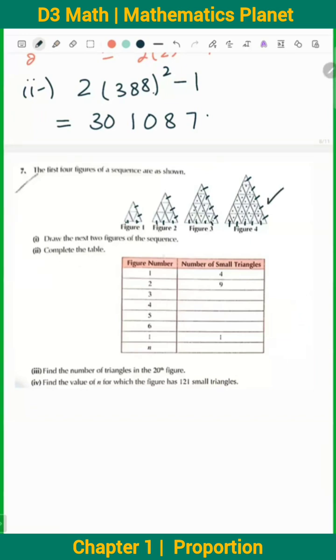Complete the table. For the first figure, the number of small triangles is 4. For the second figure, the number of triangles is 9. What about the third figure? 16. Okay, what about the fourth figure? 25. So what is happening here? 2 square, 3 square 9, 4 square 16, 5 square 25, 6 square 36, 7 square 49. So at the last there would be